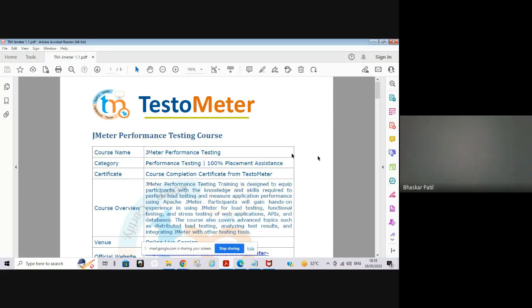I have worked on many tools like LoadRunner and NeoLoad. This batch is specifically for JMeter performance testing, where we will see all the concepts of performance testing, all the theoretical part and everything. We will cover what types of testing there are in performance, like load, stress, endurance, volume, spike, and basically all